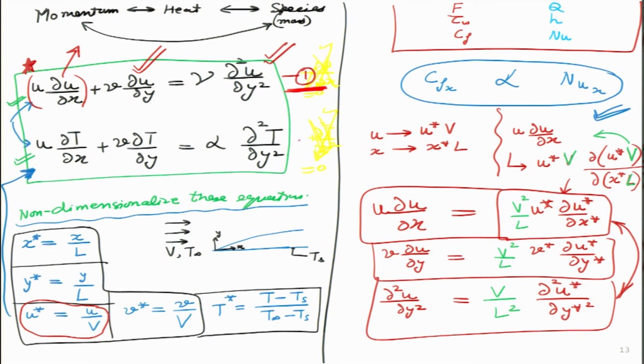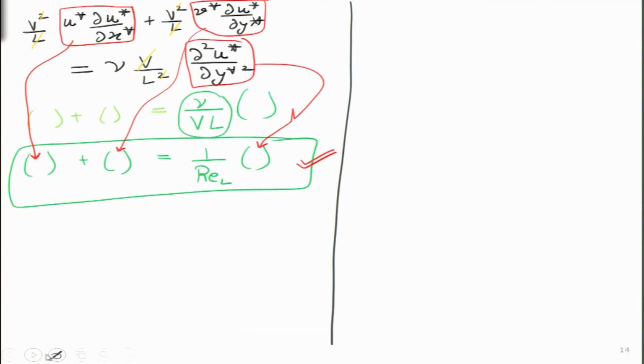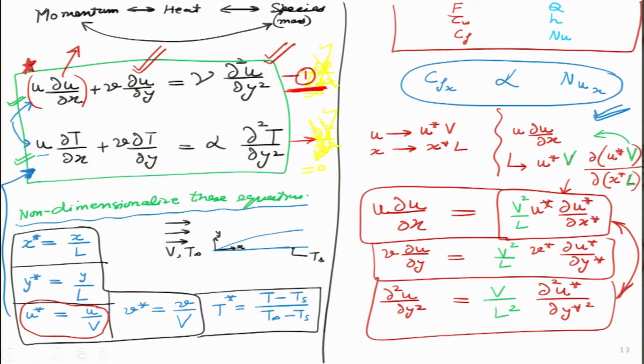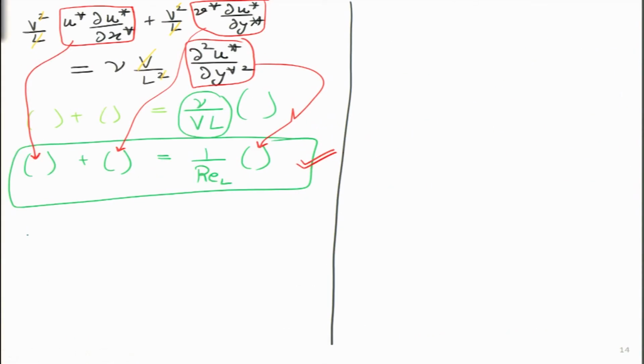Let us quickly do non-dimensionalization of equation number 2 also. This one I will do a little bit fast because the process is exactly the same. So, the equation was u del t by del x over here. What will we get? u will become u star into capital V, del t by del x will become del t star by del x star multiplied by the L over here,